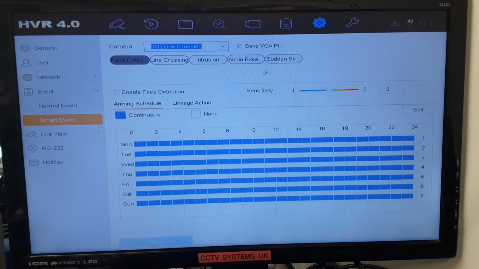This is what the DVR has contained inside it. Obviously this is new, face detection, and the usual four, which is the line crossing, intrusion detection, the audio exception, which will be handy because now the DVRs have the sound over coax, so we'll see a lot more audio systems, and the sudden scene change. I'll put a few more videos on about those in the coming days, but today we want to concentrate on